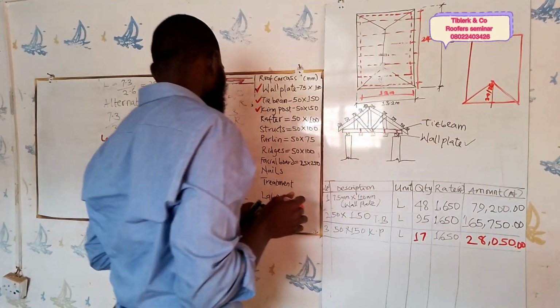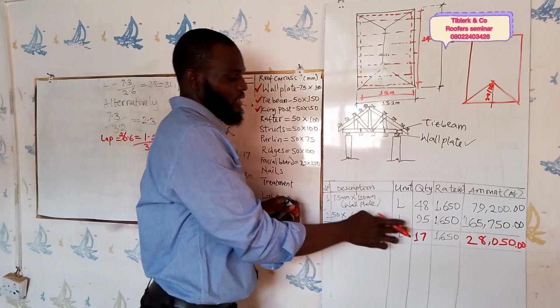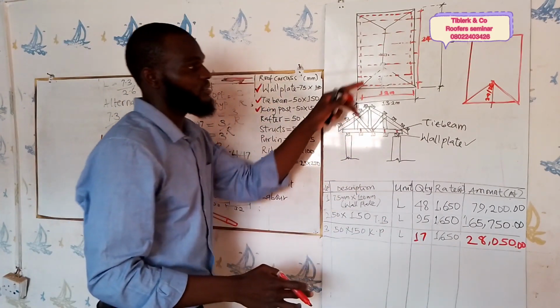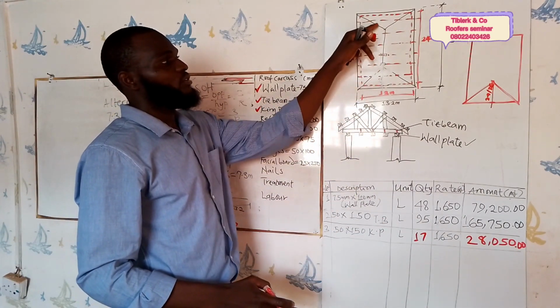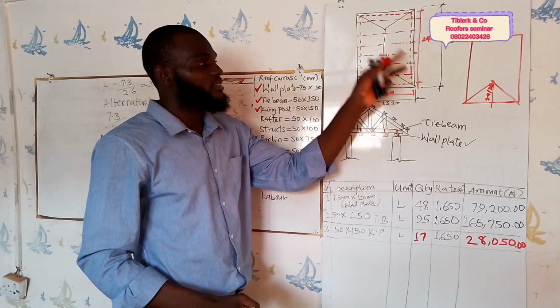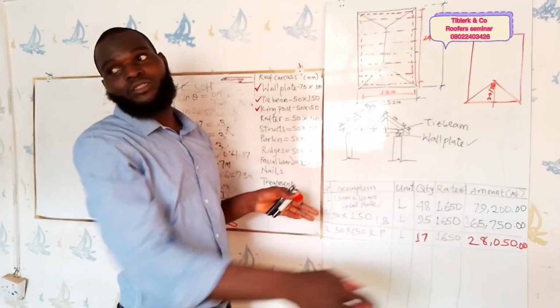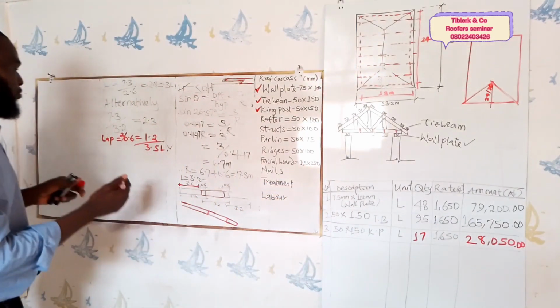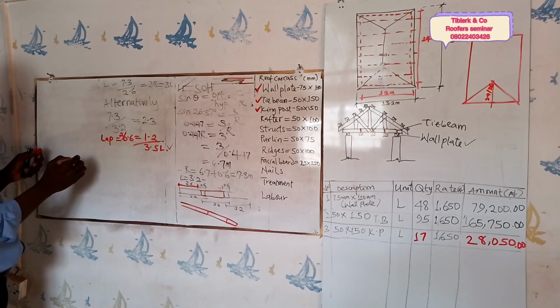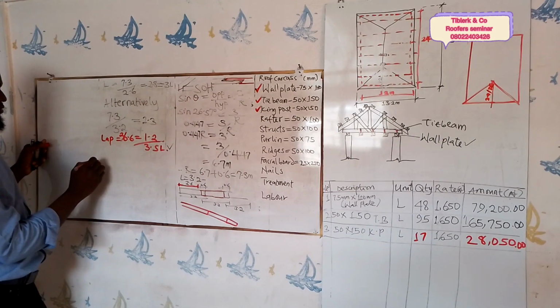So now you are good to go. This is 17. Is this 17 that we'll now use? It means our king post there will be 17. And likewise, the rafter too will be on the king post. So our rafter will now be